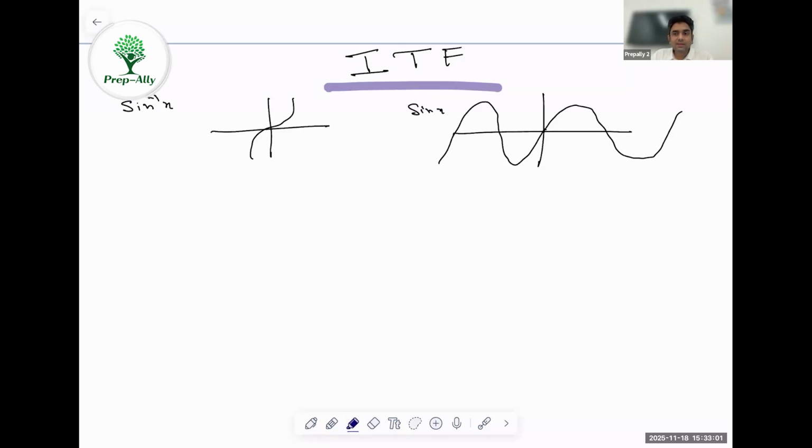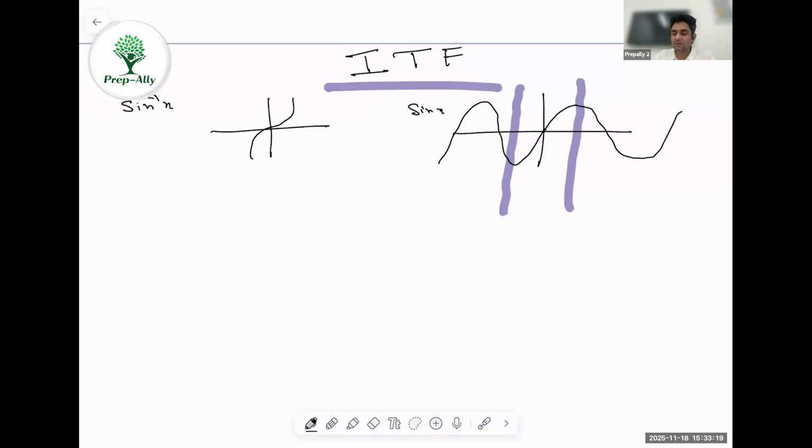So the number one thing that you learn in this chapter in the beginning is that you have to cut it, you have to clip the graph, so that it remains one-to-one in that part. So that's what we do with sine x, or in fact all trigonometric functions. And then